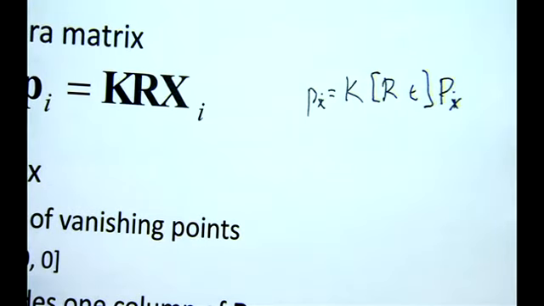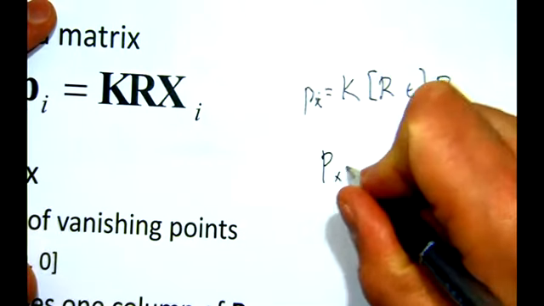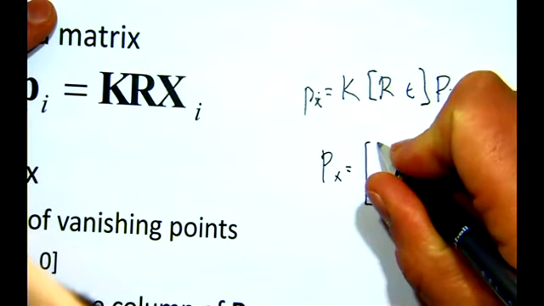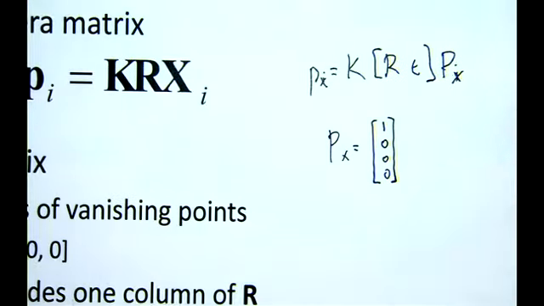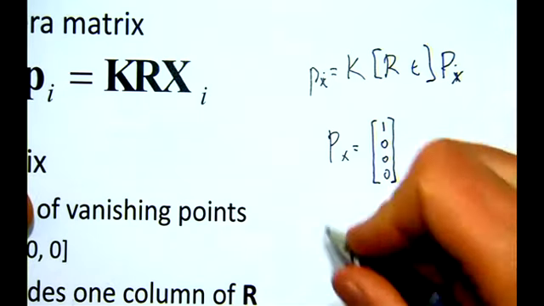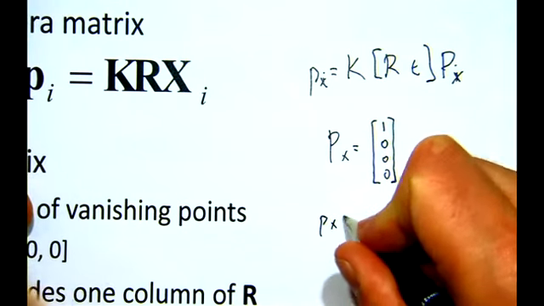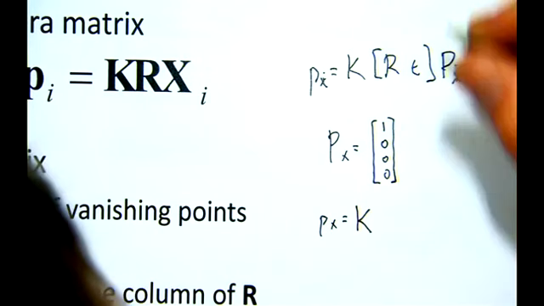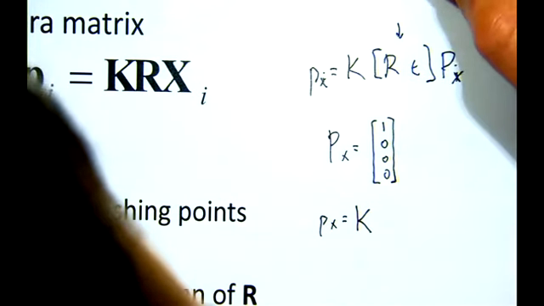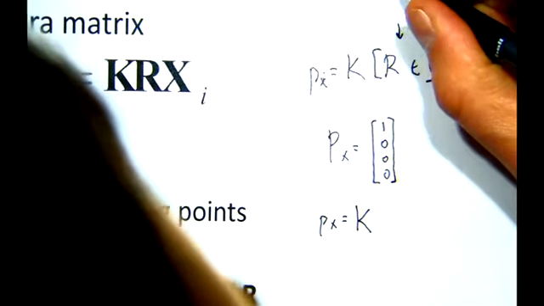So in other words, big Px is 1, 0, 0, 0. That means it's in the x direction at infinity. So I'm mapping a 3D point at infinity onto the image plane, and this will just give me little px equals K times